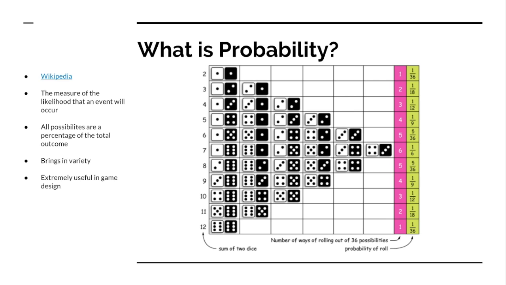There's less chance that they'll roll a 6 or an 8 when you add the dice total up, and less of a chance that there'll be a 5 or a 9, or a 4 or a 10, or a 3 or an 11, or a 2 or 12. So just knowing that the probability is essentially, each probable event, each likelihood that event will happen, is a percentage of the total possible outcomes that can happen.